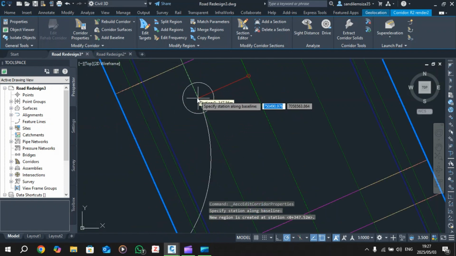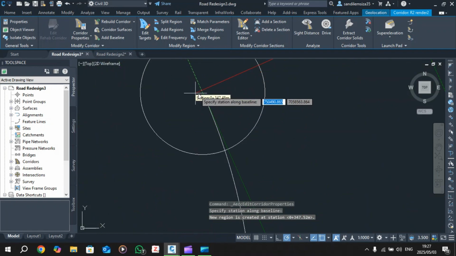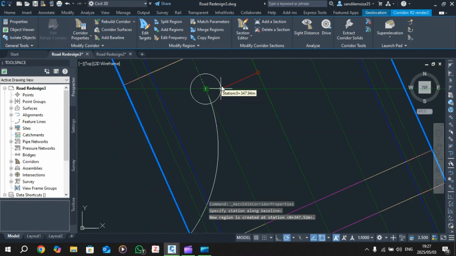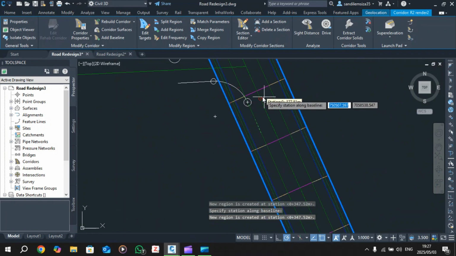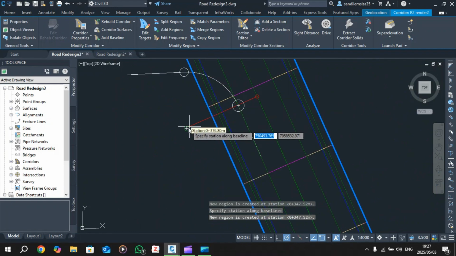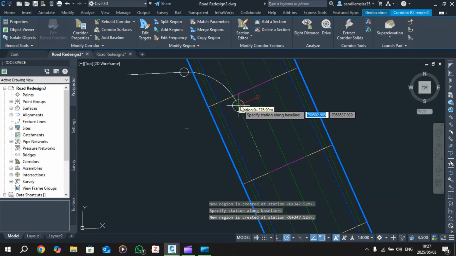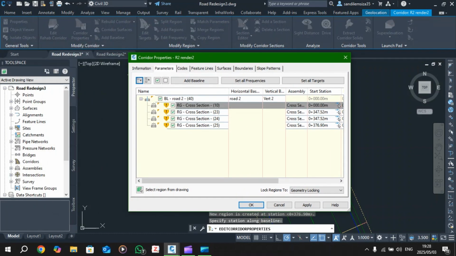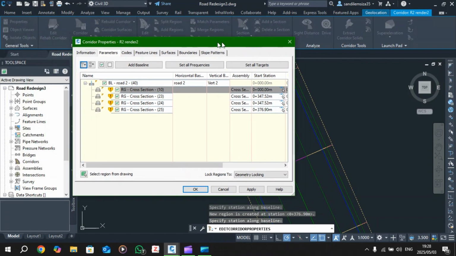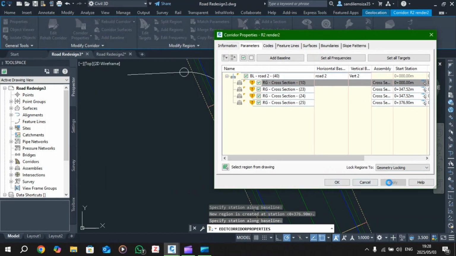Hang on, let's try this again. Okay, this process is very finicky. Okay, new region split, new region created at. Let's try this side as well. Let's split it right at this circle so it doesn't cause confusion. And then let's press enter. We're supposed to just click twice, but as you can see, we have 4 regions instead of 3. So if I press apply quickly,